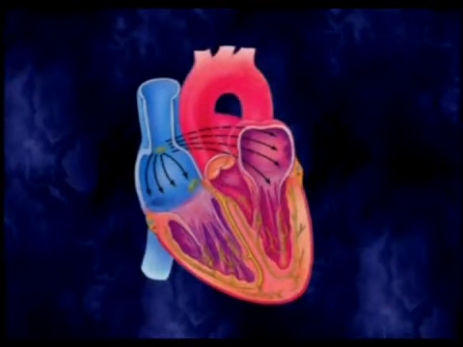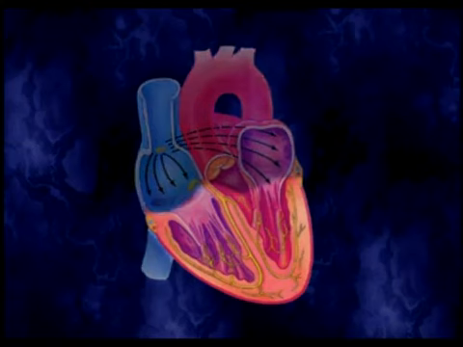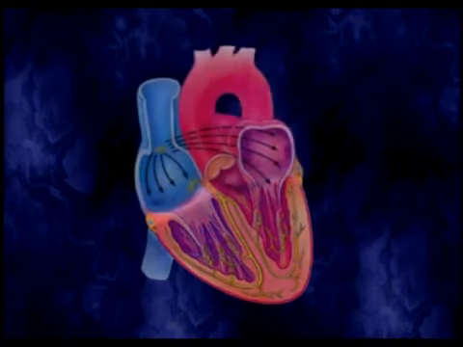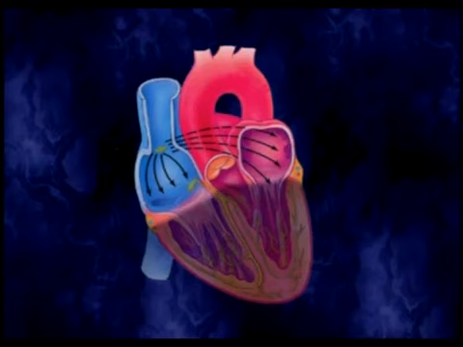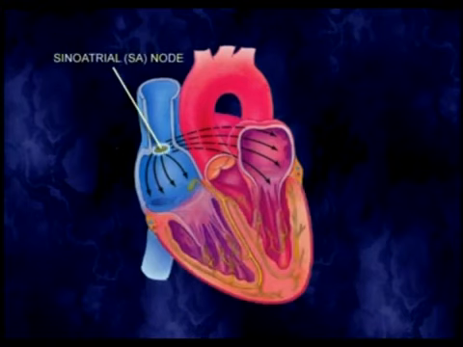So what can go wrong here? What kind of diseases can we get on the valves? The valves are very delicate. They look like fine silk. And if you look at this picture of the valves, this is a pretty good drawing of what it would look like if you took it out. There's a fairly hard ring in the wall of the heart. And here's the parachute below the back. So we have